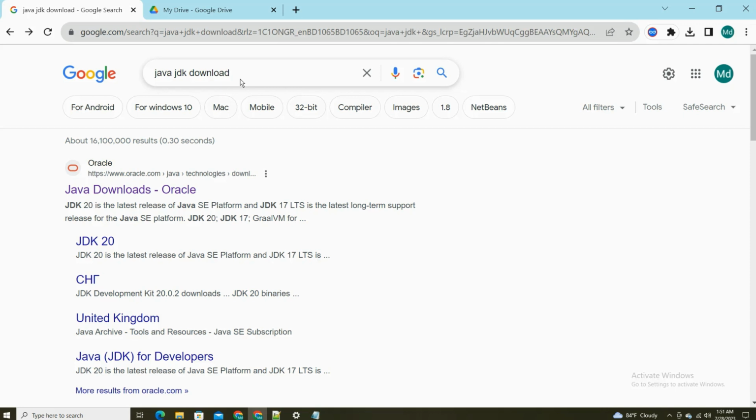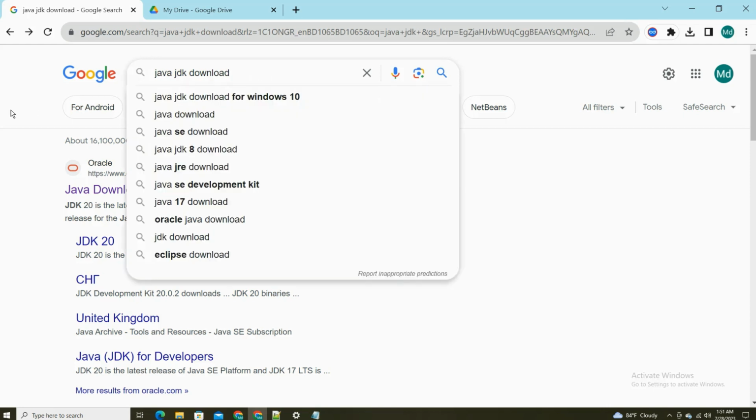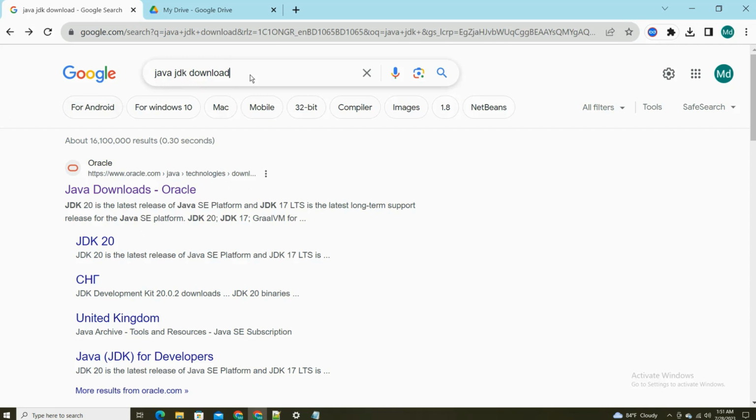So how to install Java JDK on your computer? First, I need to download Java JDK. So we search Google for Java JDK download, and when you search you can see this is the Oracle website, and then